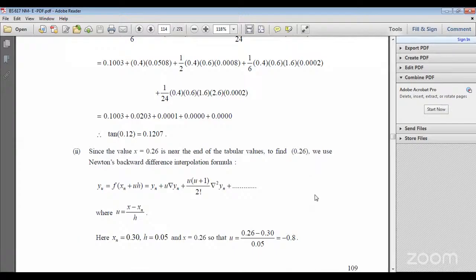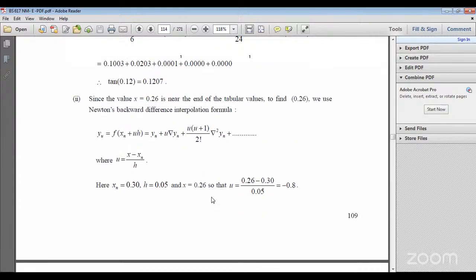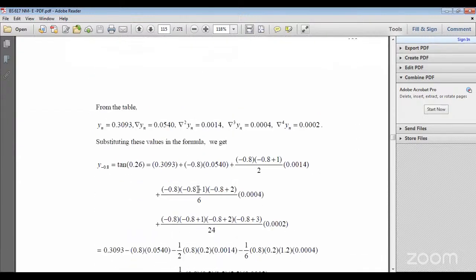Since x is equal to 0.26, near the end, that value is 0.26, we use the Newton backward difference formula, yn plus u nabla yn, u into u plus 1 by 2 factorial nabla square yn, where u is x minus xn by h, we are taking here 0.26 minus 0.30 by 0.05. From the table, yn is equal to 0.3093, nabla yn is equal to 0.0540, nabla square 0.0014, nabla cube 0.0004, nabla 4 0.0002. Substituting these values in the formula, we are taking here